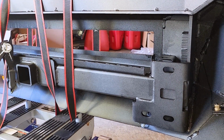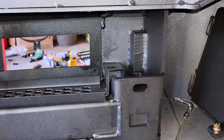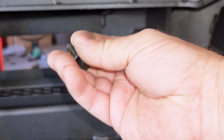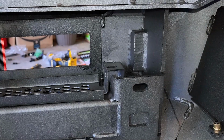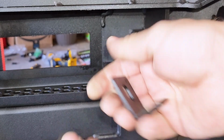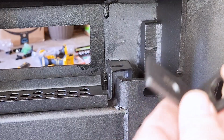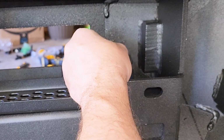Alrighty, so what I'm going to do is, as you can see right over here, I'm going to install this bracket that holds on this face plate right here, because I'm not putting a light bar on. And so in your kit you have these bolts here, put a washer on it, but you've got these bolts. They're 13 millimeter bolts. And also with these little brackets, it's labeled D for driver, P for passenger. So have that. And so you're going to come along here. This is going to be the passenger side. So I'm going to come along here and I'm going to put this like this so that it basically is going to stand straight up to hold this